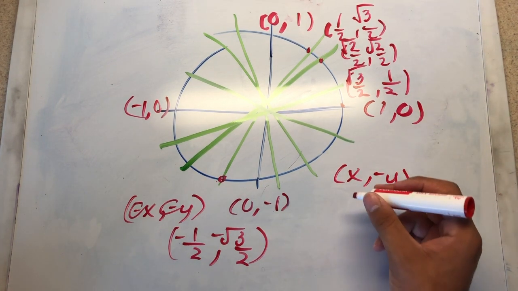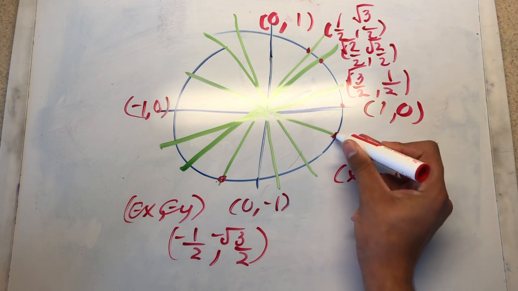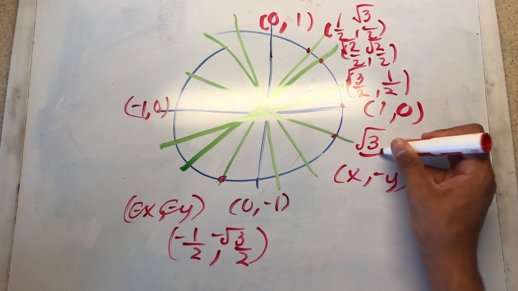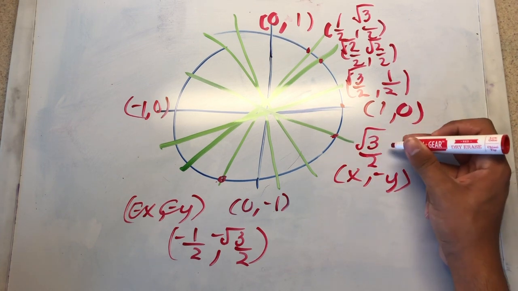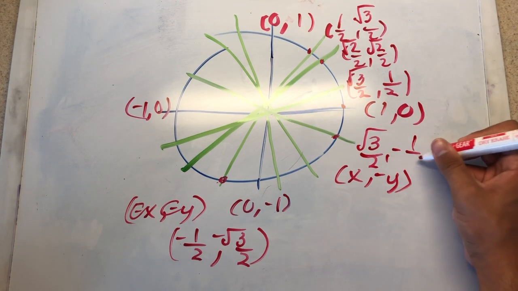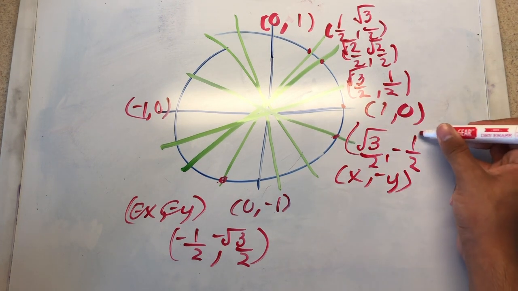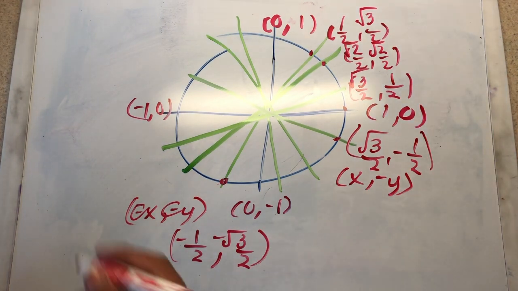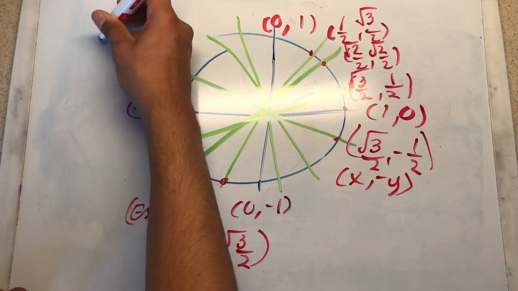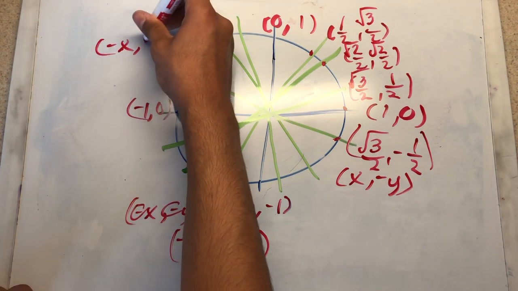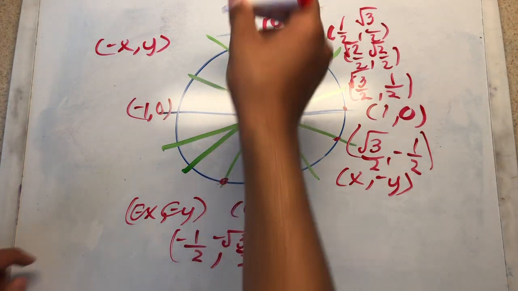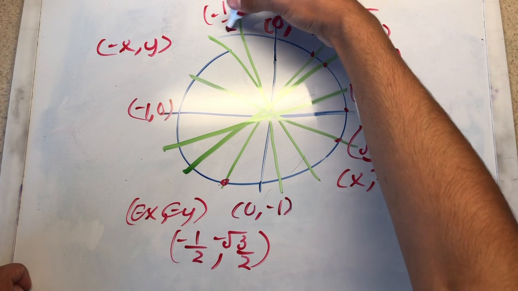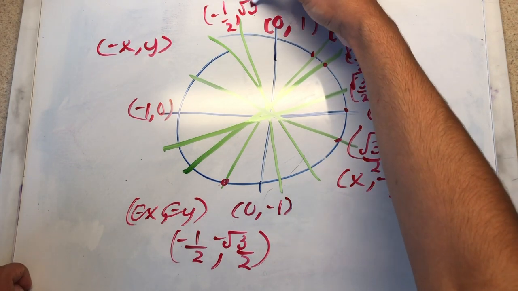Here, you can see in this point right here, it'll be square root of 3 over 2 with -1 over 2. Corresponding with that one. And over here, it'll be a negative for the x-axis and a positive for the y-axis. You can clearly see right here, it'd be, of course, -1 over 2 and square root of 3 over 2,